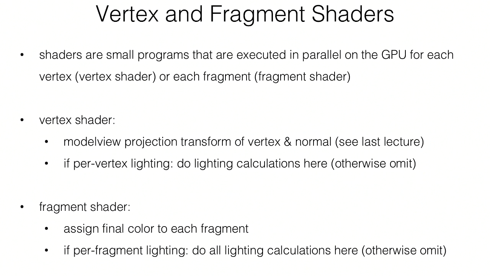They're small programs that execute on the GPU and can operate on vertices or fragments. The vertex shader we use to perform all these transforms that I was just talking about, as well as per-vertex lighting, and it can also implement lens distortion that we'll need. And the fragment shader can essentially assign the final color to the fragment. It can also perform lighting and lens distortion,